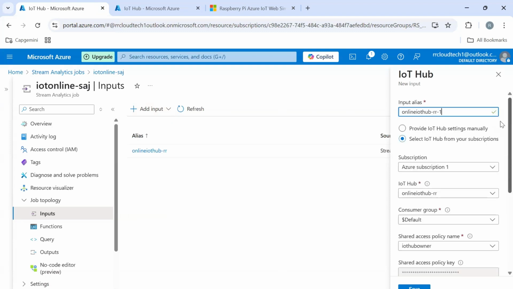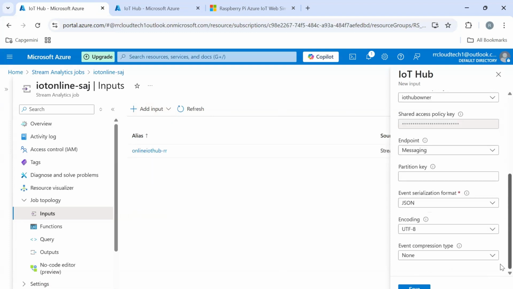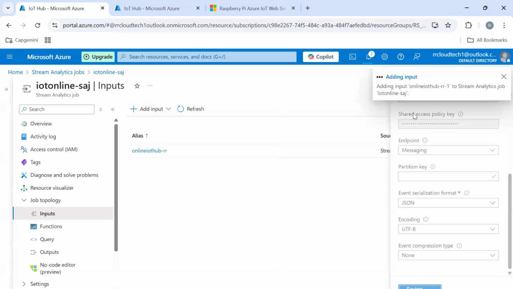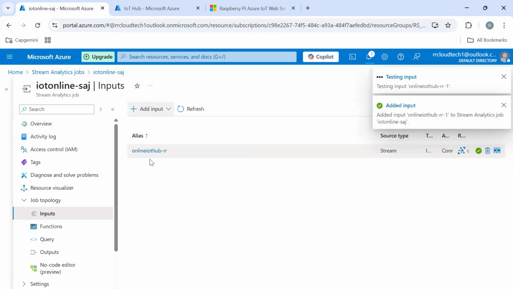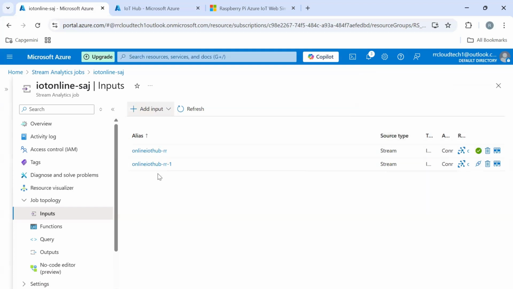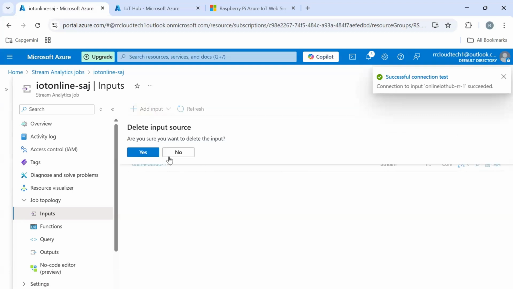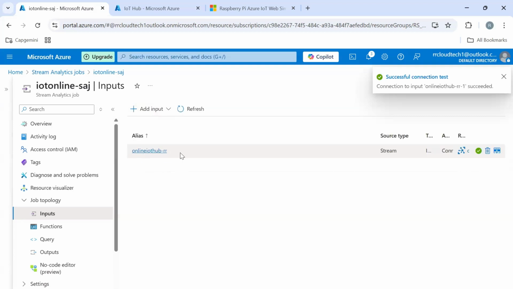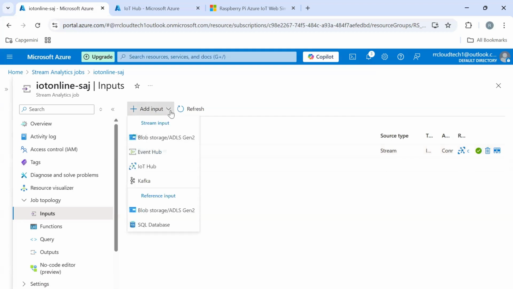Input is already added, so I will keep that, simply save. Everything is predefined. It is added. One device is already added, so I created another one. I think there is no need to create that one, so I'm going to delete it because it will take another cost for this resource. This resource I can use. Yes, it's added. Then our next step is add output,